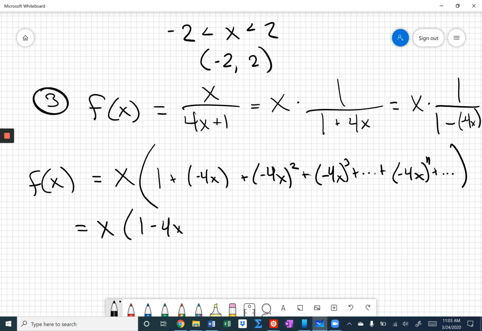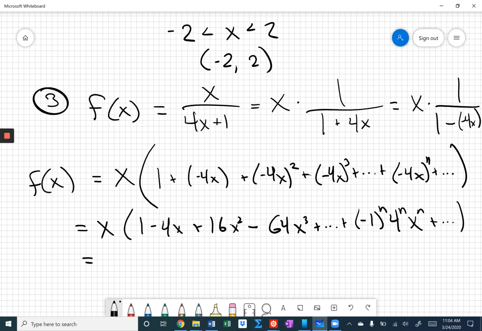So 1 minus 4x plus 16x squared minus 64x cubed plus dot dot dot plus, and again I'm going to separate out the negative 1 to the n, 4 to the n, x to the n plus dot dot dot,